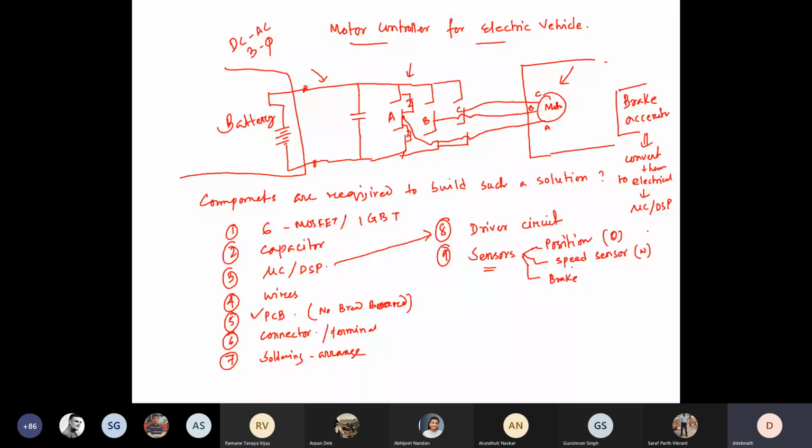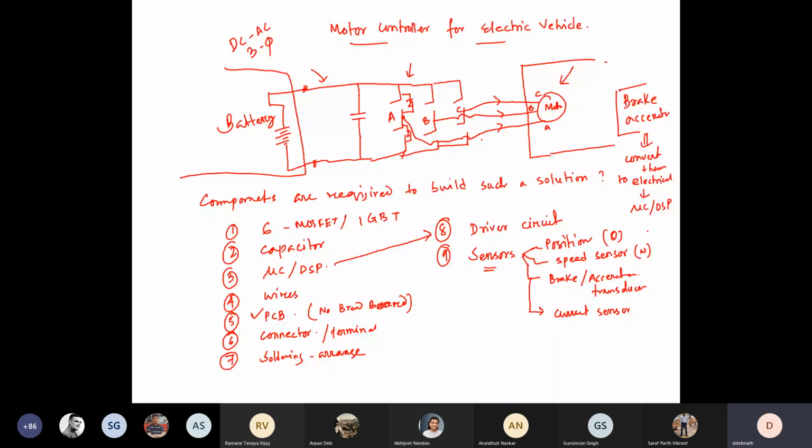A very important thing, we need a current sensor. See, whatever current you are sending to the motor, it should be limited, right? Due to some transient or some sudden change, if current goes to a very high value, it will damage your switches, it will damage your motor also. So generally what we do, we sense this current and keep monitoring it so that as soon as I see it is trying to exceed more than the permissible value, I'll limit my switching. I'll control my switching. Okay. Current sensor, and sometimes we need a voltage sensor also.